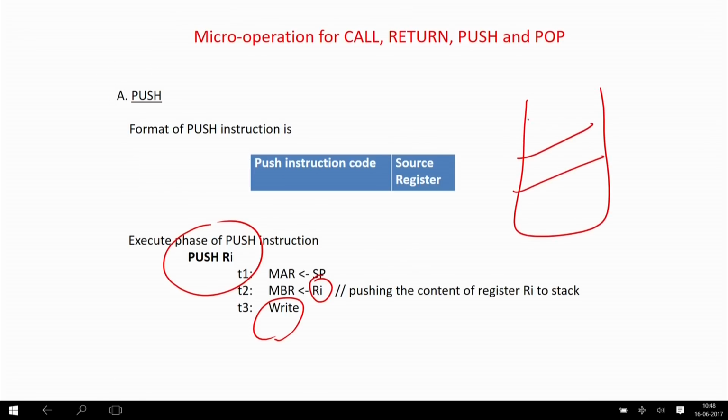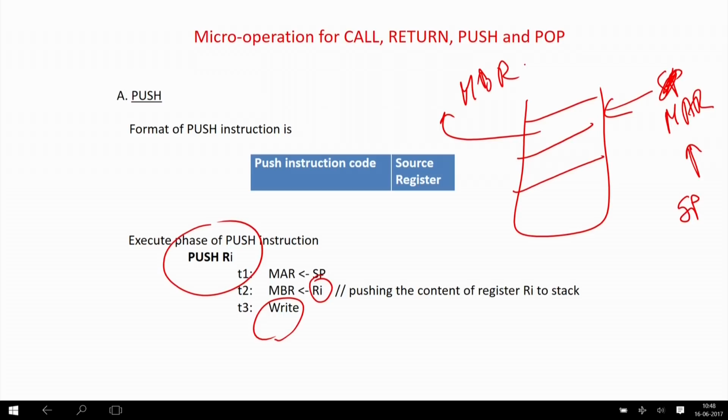So, this is your stack pointer. The memory address register will be pointing to the memory, that is your stack. This one will be fed by the stack pointer. The stack pointer is a register, it will be written to the memory address register, then it will be pointing over here, then the data from the memory will be going to the memory buffer register, and the memory buffer register